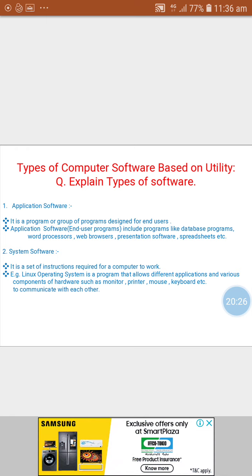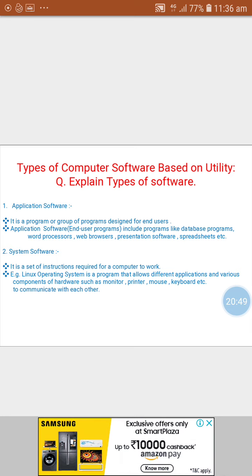Now next part is types of computer software based on utility. Utility means use of software. Question is: explain types of software. First type is application software. It is a program or group of programs designed for end users.